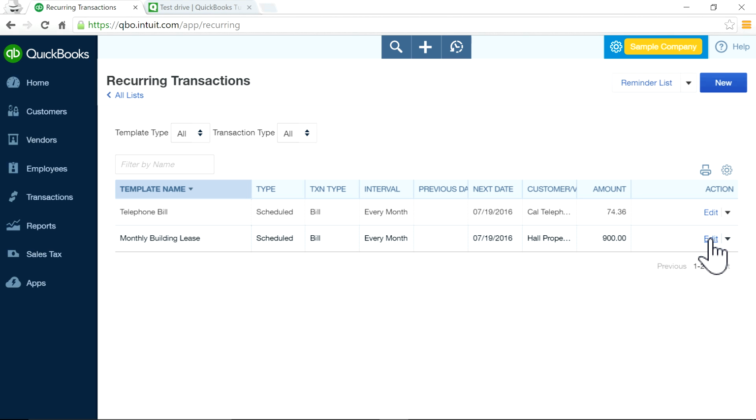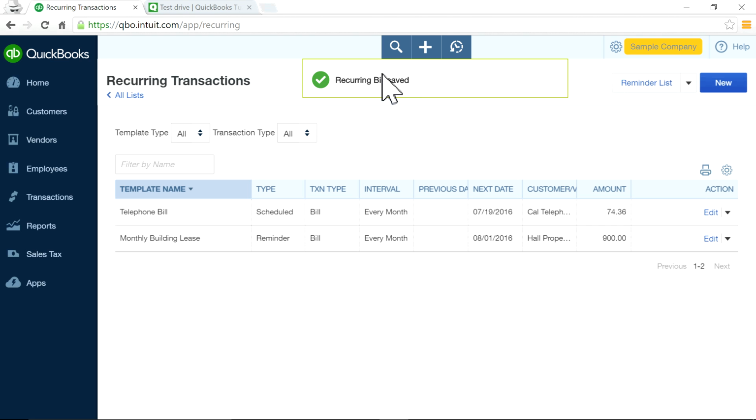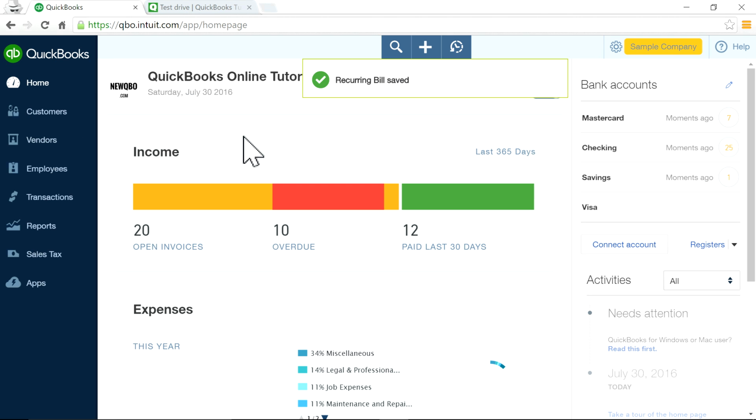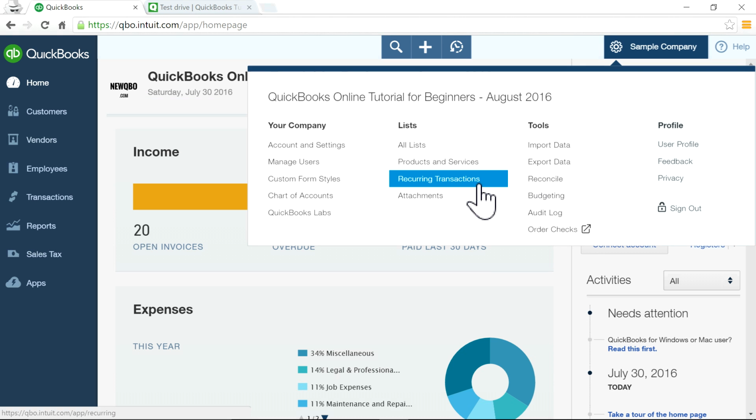So this is auto recording setup, and all we have to do is type. See, there's a reminder in it. If it's just a reminder, it won't post it. When you say schedule, it will basically schedule, and it will post to QuickBooks. But if you select a reminder, then it will give you a reminder on the home page screen. All right, so next time, every month you will see task reminders here, and this list could be